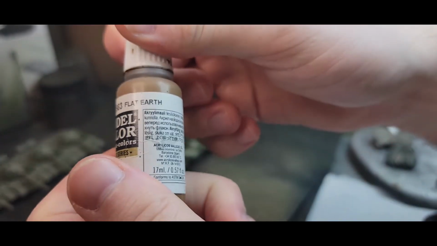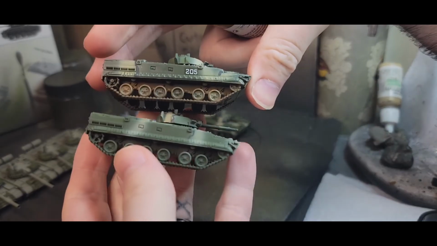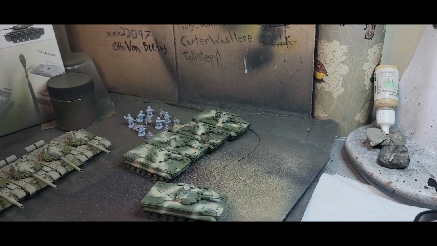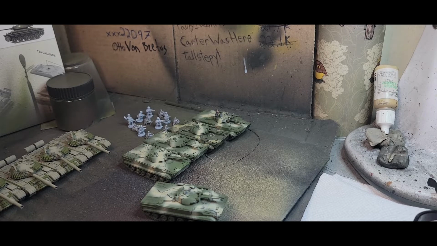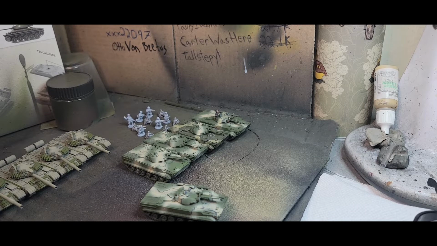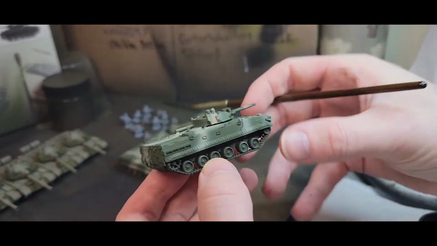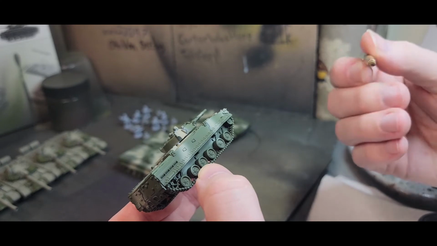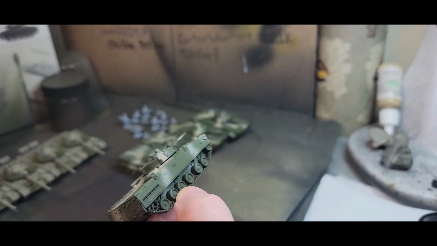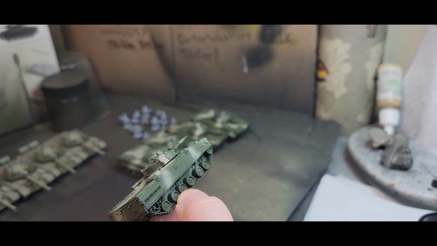So our next portion is going to be taking flat earth and hitting up the tracks and interior bits like so. For this, you're probably going to want to make sure that you're using a larger, more disposable brush, one that you don't necessarily care all that much about. I'm using a cheaper brush because I have some pretty expensive Kolinsky brushes for detail work and such. They still come to a decent enough point, but I'm okay wetting these guys up and just filling them with pigment